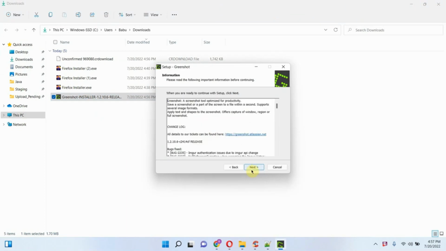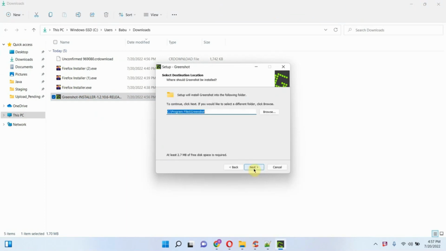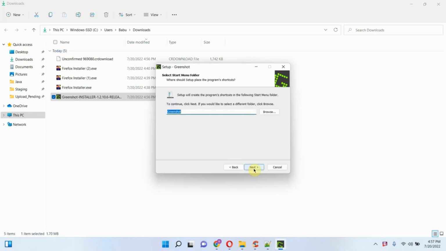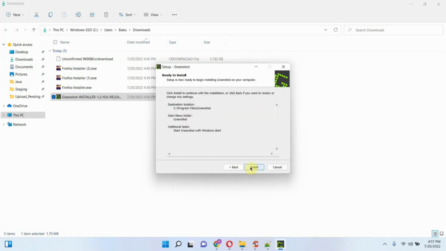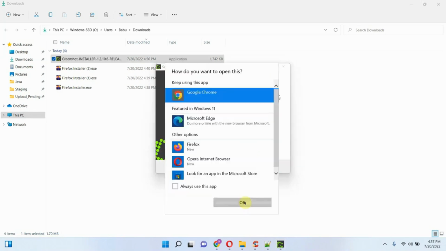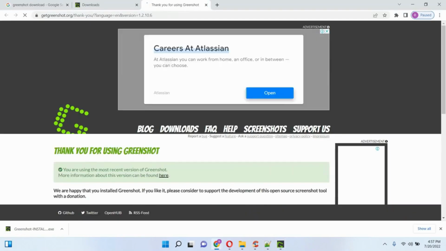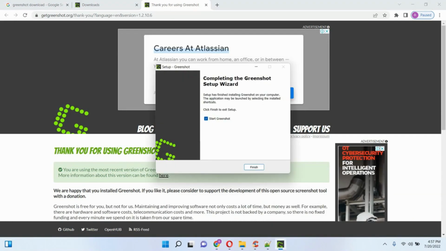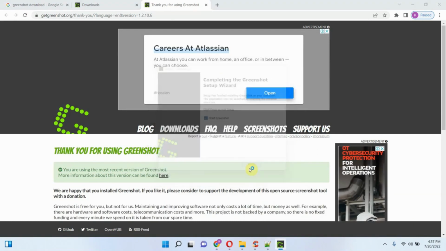Follow the steps to install Greenshot. Installation is done, and here you can see the icon. Click on finish,